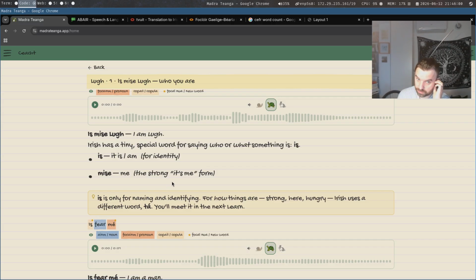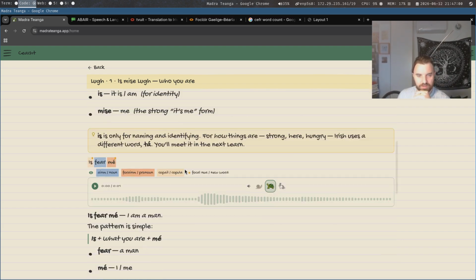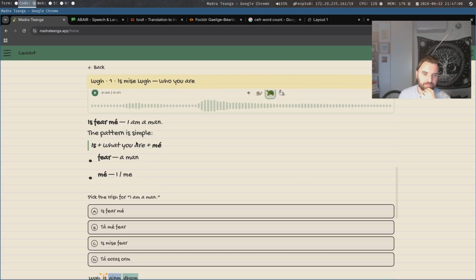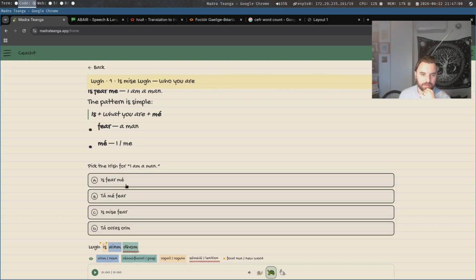That was the way the course was designed. That might be why the story is a bit clunky. It wasn't made from a narrative point of view. It was made to try and cover certain topics. And again, this isn't supposed to be the definitive Irish course. This is supposed to be an example of what anybody can make, right? And then down here, man, as far as me.